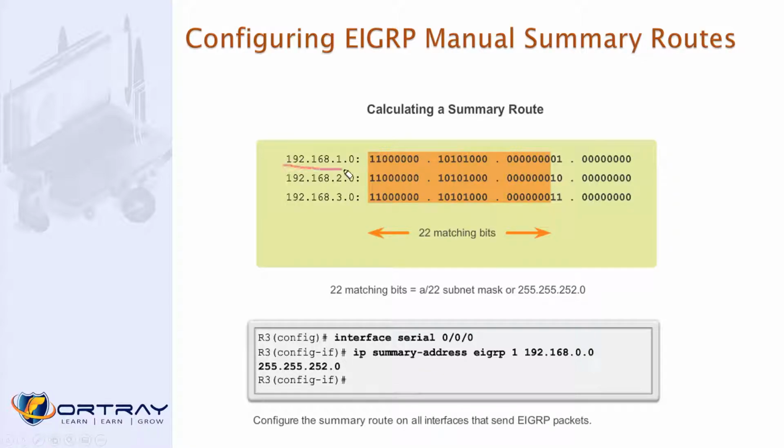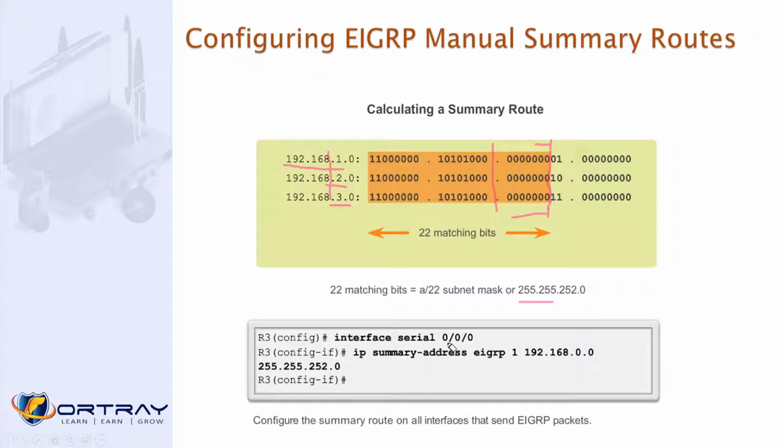So you see, let's say we have three networks, 1.0, 2.0, 3.0. Now, when we convert them into binary, this is our binary. You see, up to here there is some commonality, but in 1, 2, 3 you see this 0, 1, 1, 0, 1, 1. Wherever there is a common figure, we actually do the summarization. So these are not the common bits, and the common bits are here, right?